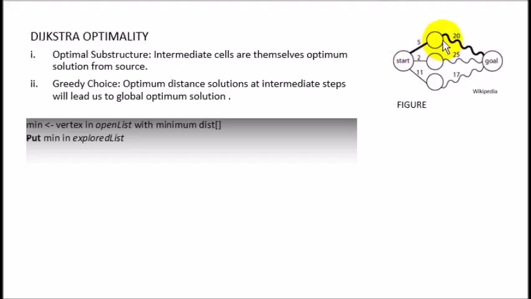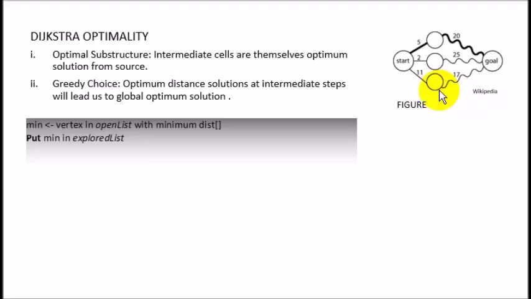Its neighbor, which happened to be the goal again, would be updated. Here we have a value of 25, which happened to be less than its previous value 27 from the previous iteration, so the goal would be updated to 25. And again the program runs and finds the cell with the minimum value, which happened to be the 11 here. The goal is currently 25, so